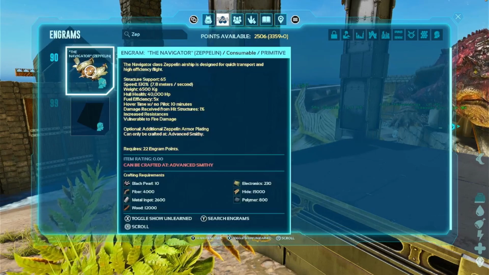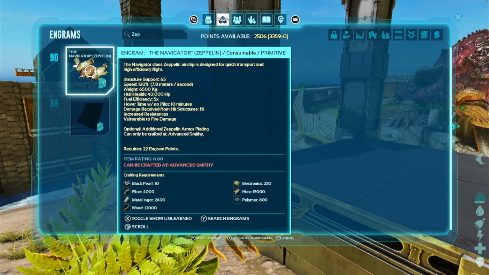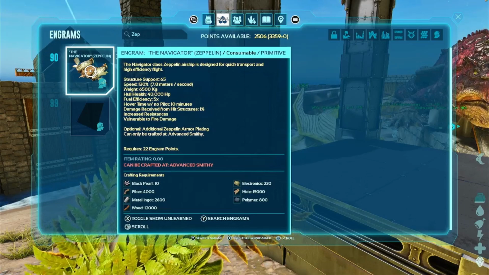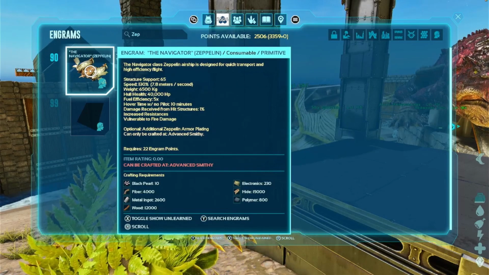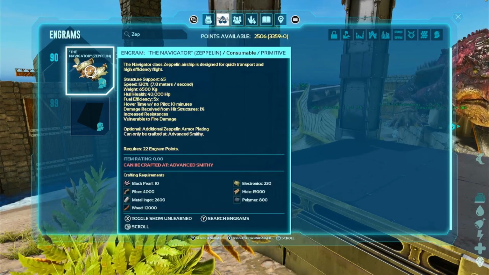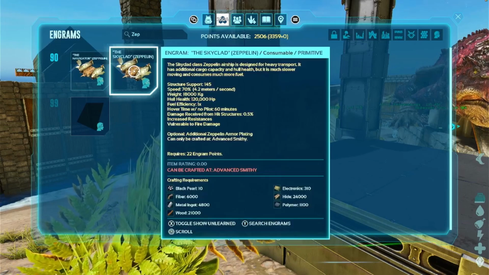10 black pearls, 4,000 fiber, 2,600 metal, 12,000 wood, 230 electronics, 15,000 hide, 800 polymer. Now the only thing that's really going to be hard for us to get here is polymer. We should, and we'll have to do a couple metal runs, but everything else we should probably pretty much have. So I think this is the one I want to craft, because the other one,